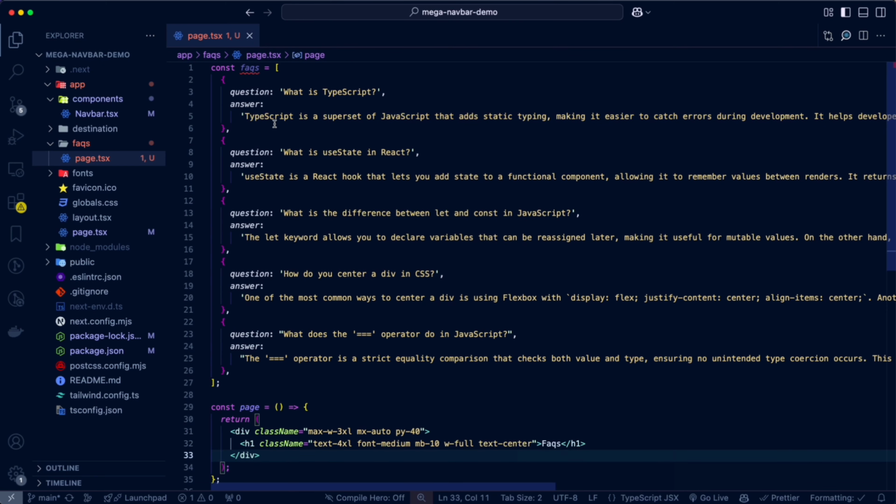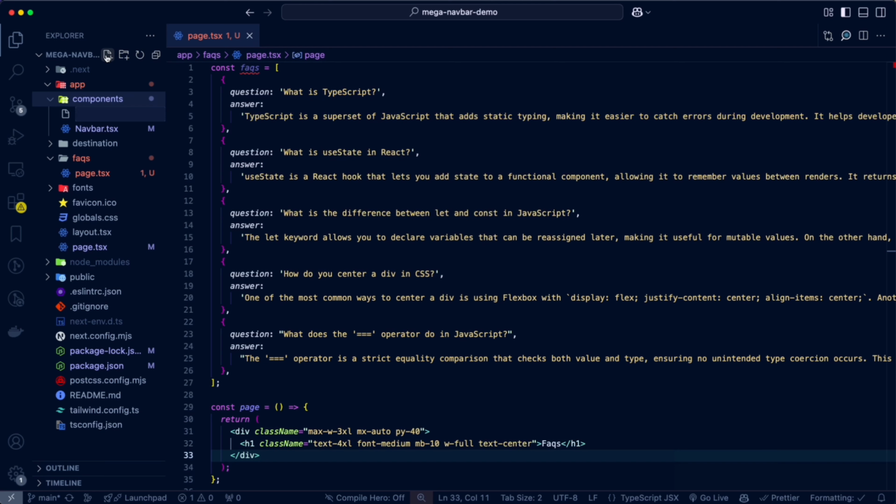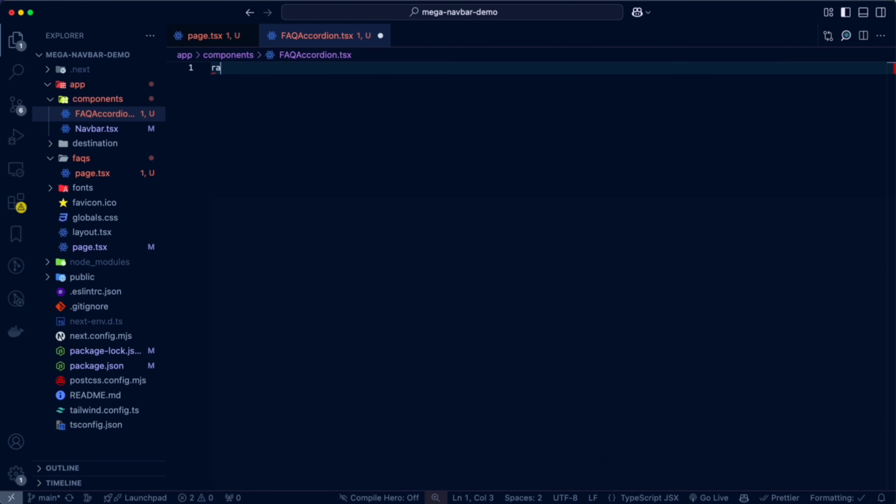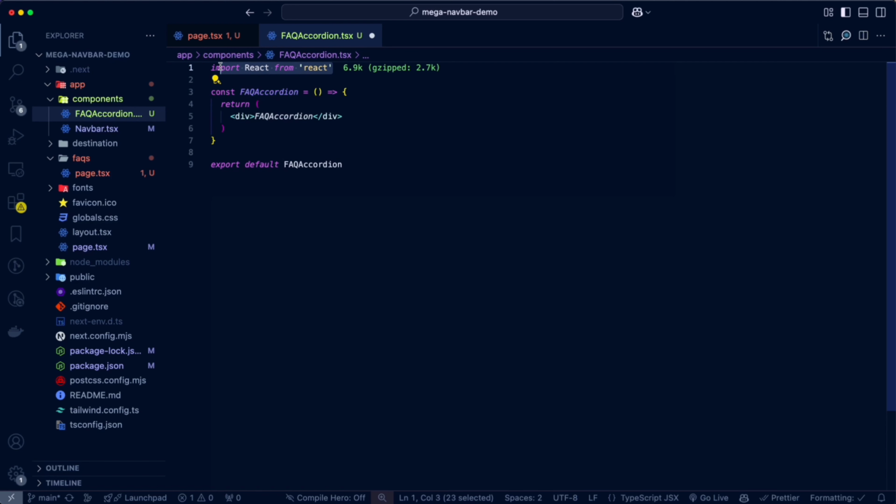We have no component, so now we have to go to the component folder. I created a component folder, depending on how you manage your components in your project. I'm going to create a component and call it FAQAccordion.tsx, so it's a TypeScript file. We don't need this any longer. Remember I said it's a Next.js project, and we're going to be handling states with the useState hook, so this is a client